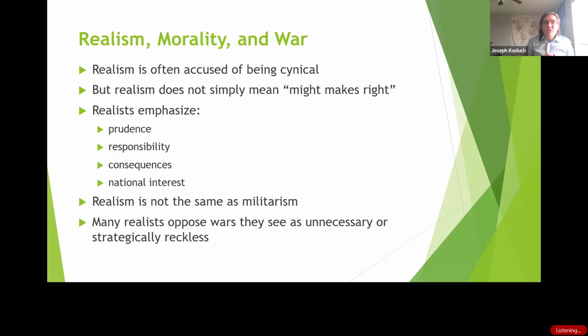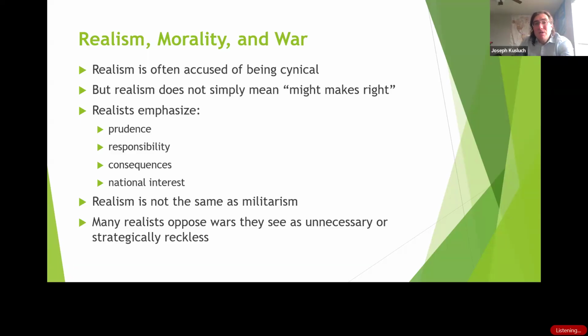This is why realism does not automatically mean support for war. In fact, many realists have opposed wars they considered unnecessary, ideological, or strategically reckless. The textbook's case study on realism in the Iraq War highlights this point. Some prominent realists criticized the 2003 Iraq War because they believed Saddam Hussein could be contained and deterred, and because they thought the war underestimated nationalism, balancing behavior, and the difficulty of remaking another state by force.